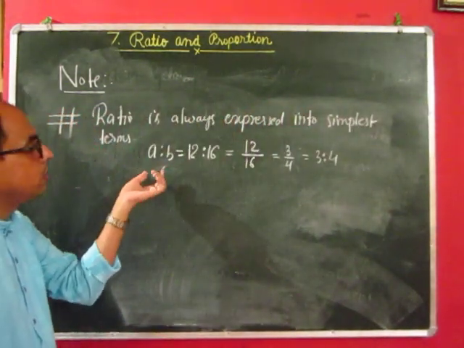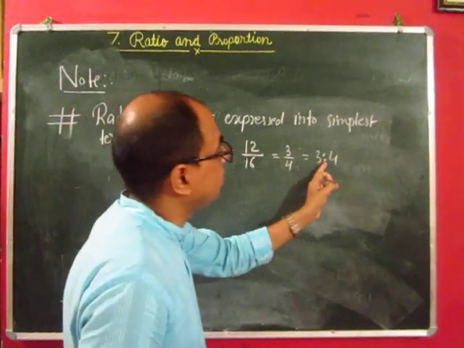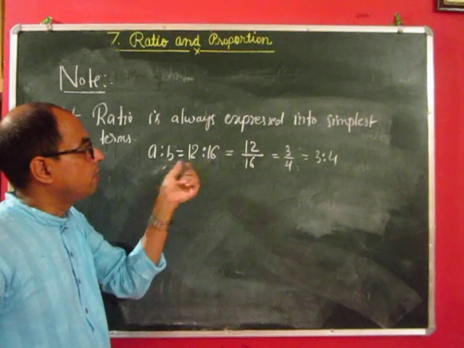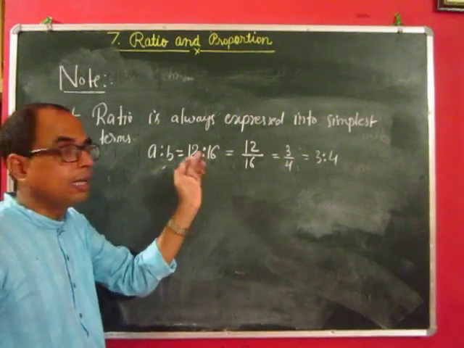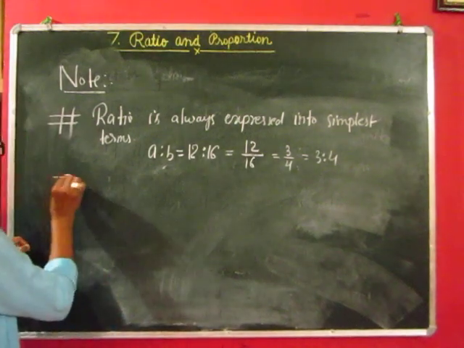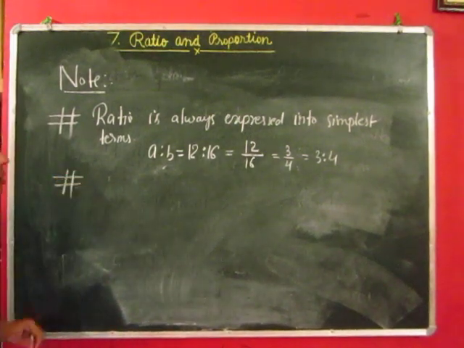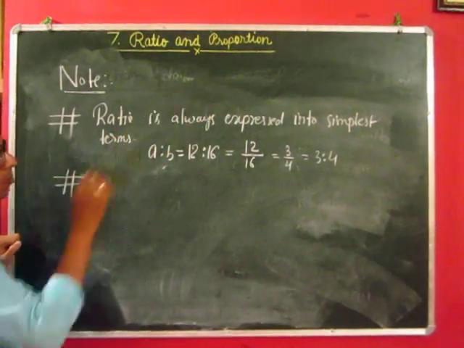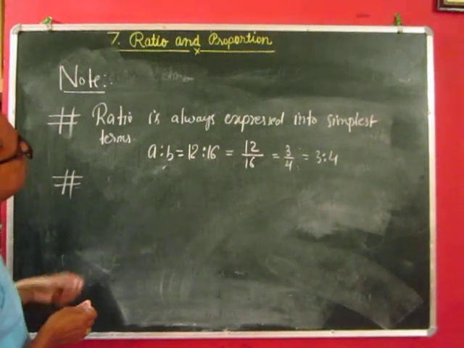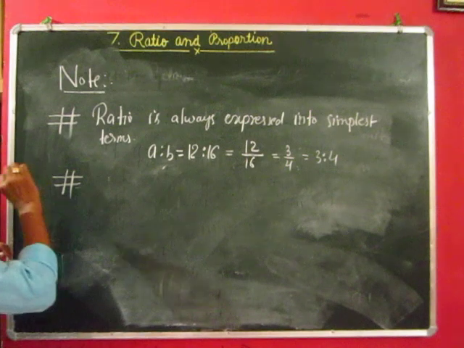So always ratio is expressed in simplest form. Don't leave the answer up to here. Clear? If you are getting ratio 12:16, then write it is equal to 3:4. Now the second point is, now the second point is